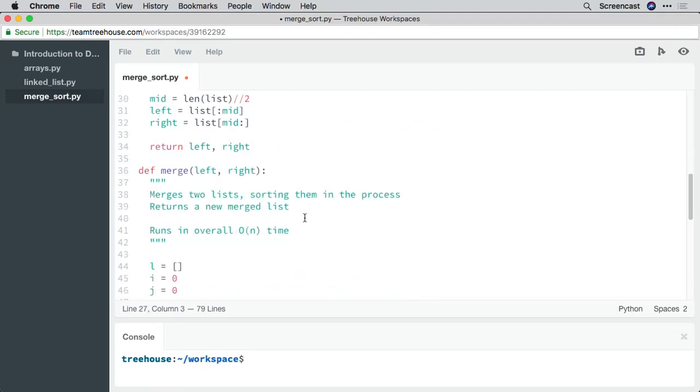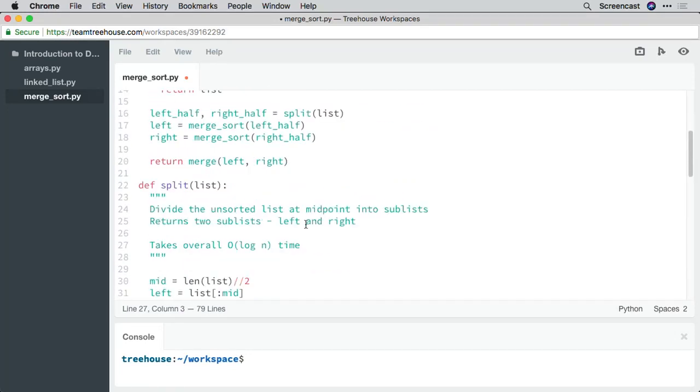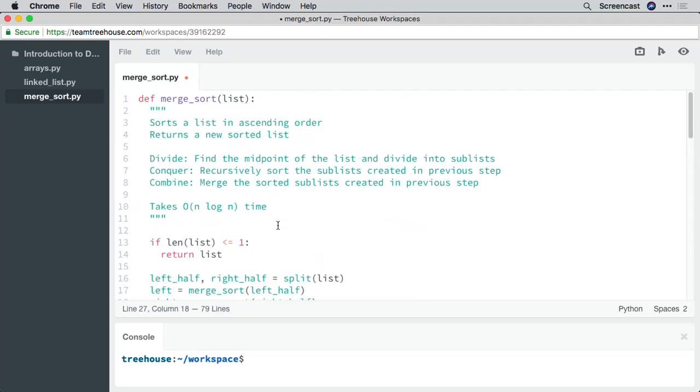So the merge step runs in linear time, and the split step takes logarithmic time for an overall n times log n. And that is how merge sort actually works. Okay, so what about space complexity? The merge sort algorithm takes linear space, and this is weird to think about at first, but as always, a